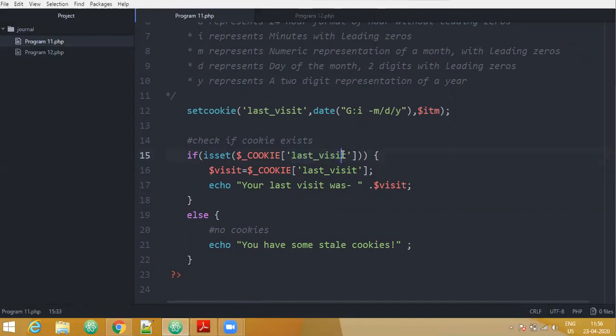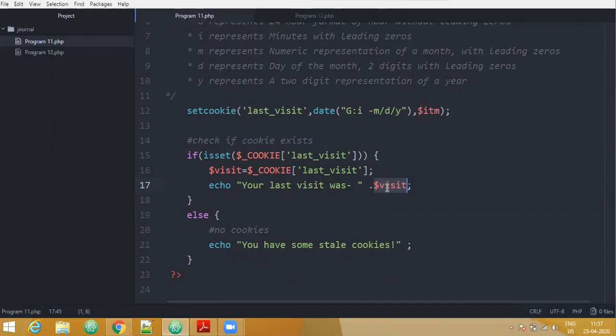If this cookie exists, and yes, it exists because we have already created it with setcookie, then inside a variable called $visit we store this cookie. Once it is stored in $visit, we will display it with the help of this echo statement.